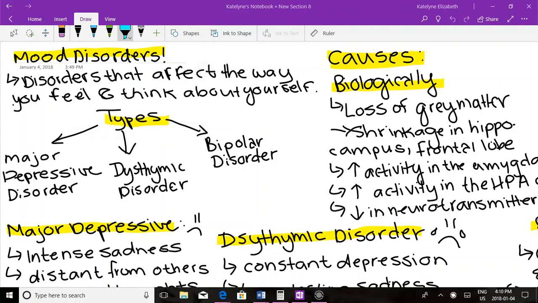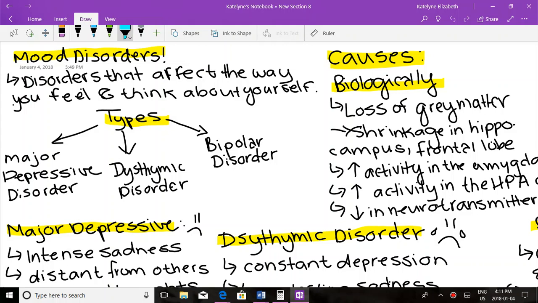Everyone, we're going to be learning about mood disorders today. So, the first thing we want to talk about is what is a mood disorder? It is a disorder that affects the way you feel and think about yourself. And there are different types of mood disorders, but the ones that we're going to be talking about today are